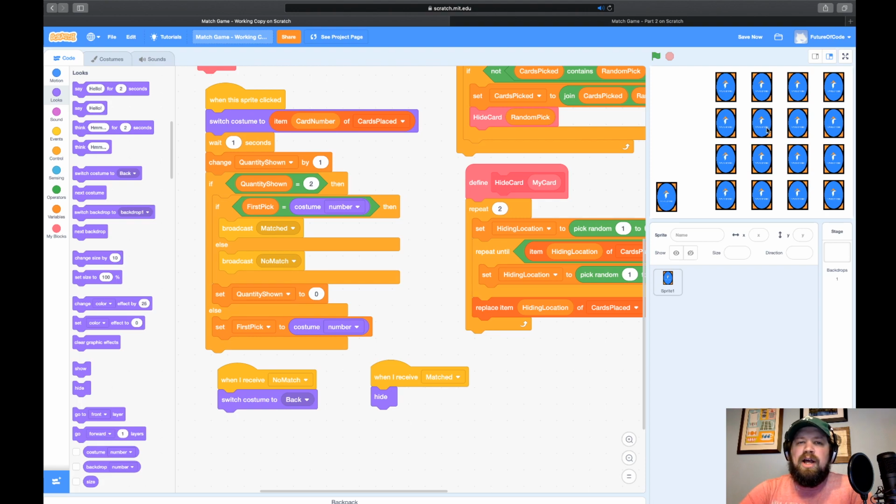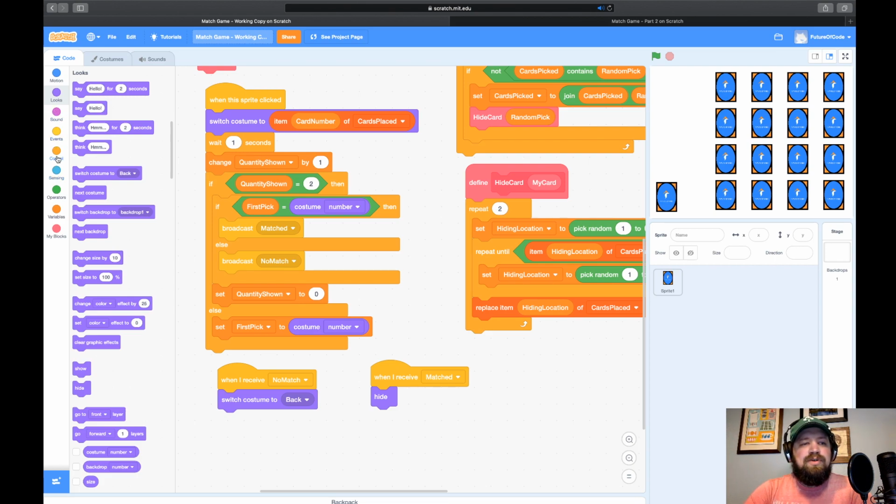Well, I only want to hide the cards that are matched, which, okay, we've done that. We've determined that they're matched. But I don't want to hide the cards that are showing their backs. Well, there we go. We'll use that. We don't want to hide the cards that are showing their backs. So let's check for that. We're going to check to see, is this card showing its back? And if it is showing its back, then we won't hide it.